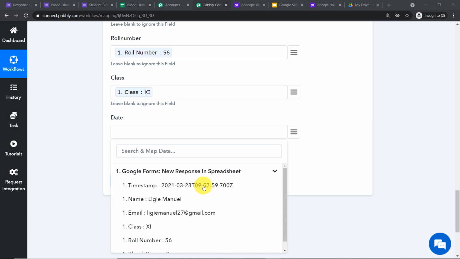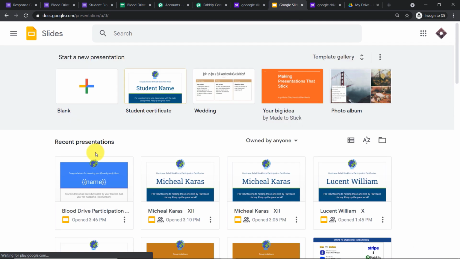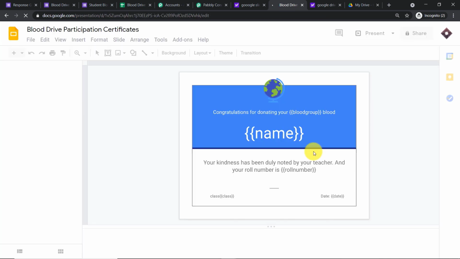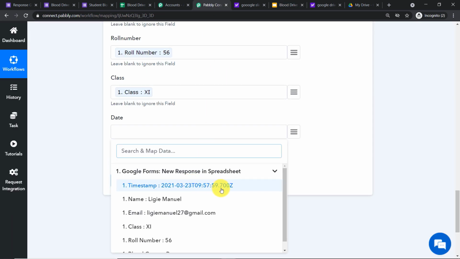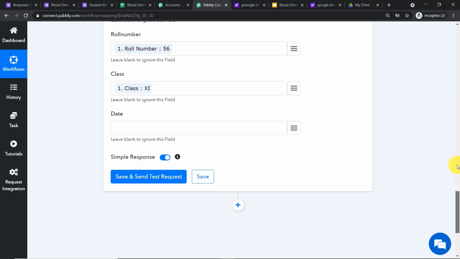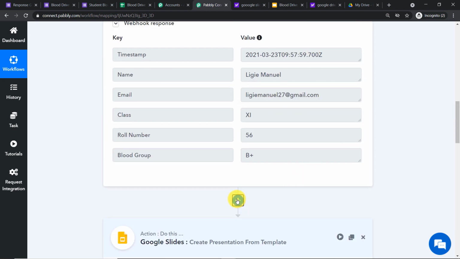So basically if we show this date here, okay, so this is the certificate. If you map this particular date here, it will just look ridiculous. So we want a date in a perfect human readable format, that is day, month and year. So what we are going to do here is, first of all, convert this into a human readable format. So let me just introduce an action window here.